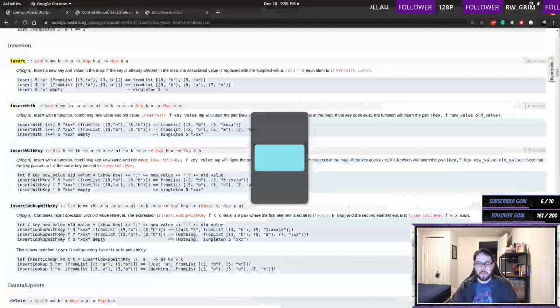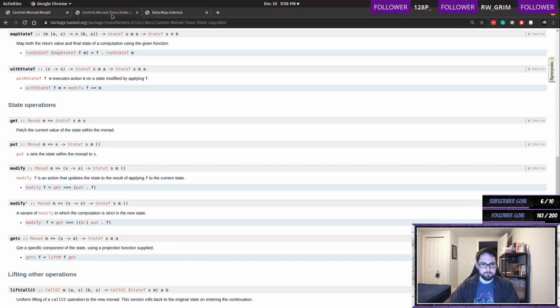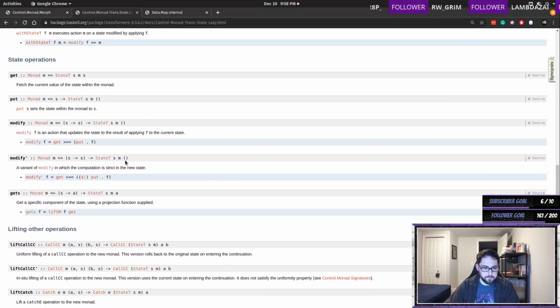Oh, the problem with modify is that, excuse me, modify, what's the prime form? Oh, strict to the new state. The problem with the modify function is that I'm returning the wrong kind of state. So I actually need to